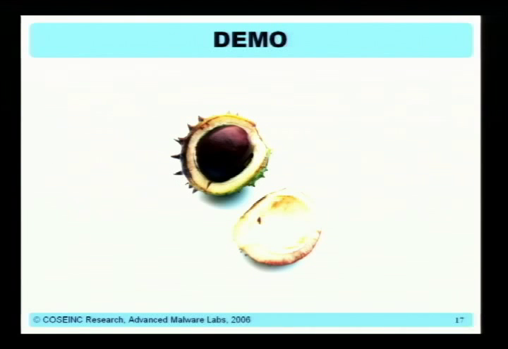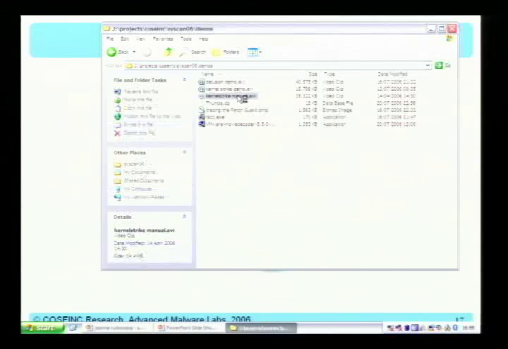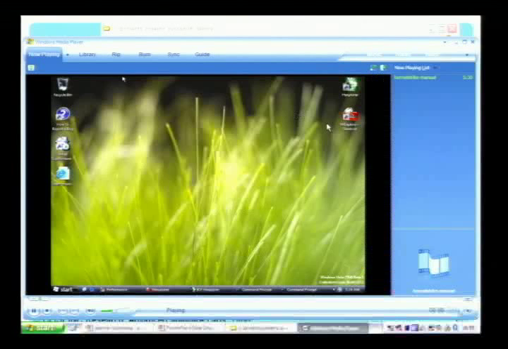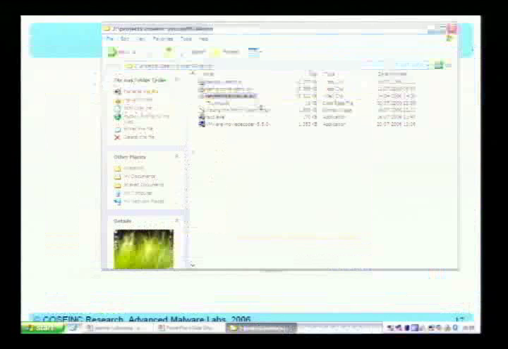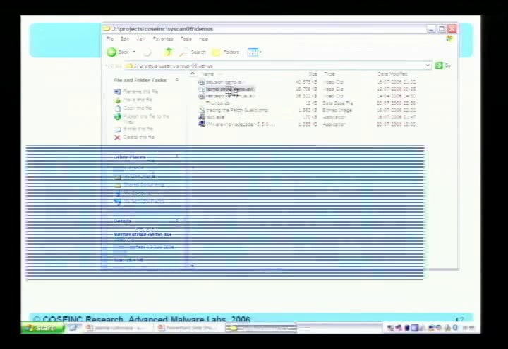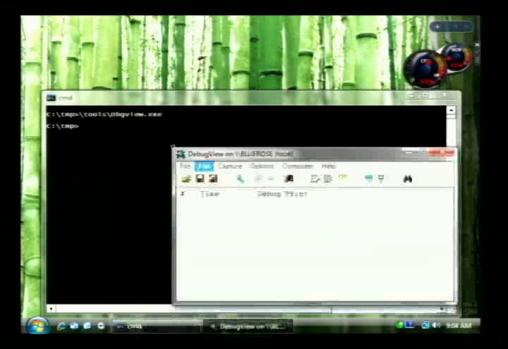Okay, the demo. Sorry, it's not that one. We have a Vista Beta 2. We try to load DebugView, a standard tool from Sysinternals, which is not signed, of course, and we get an error message, error loading DebugView driver, because it's not signed. I guess in a few months it will be signed,